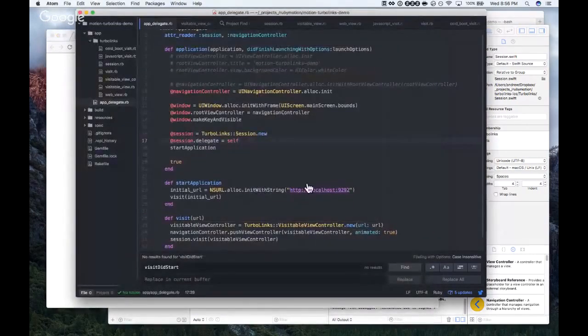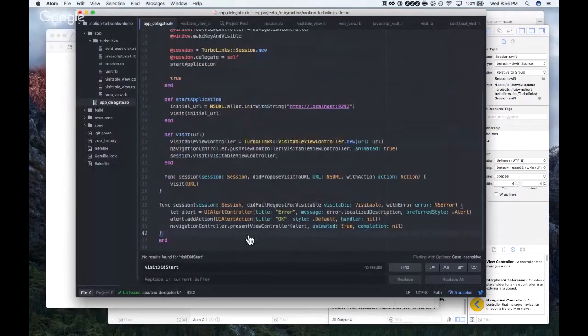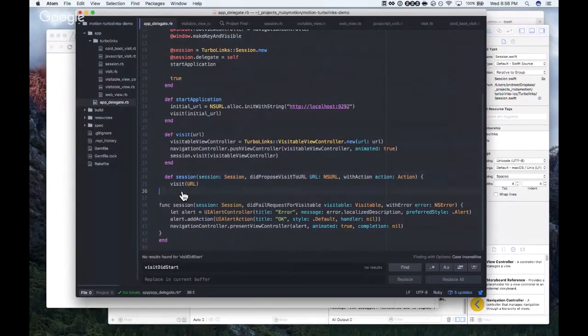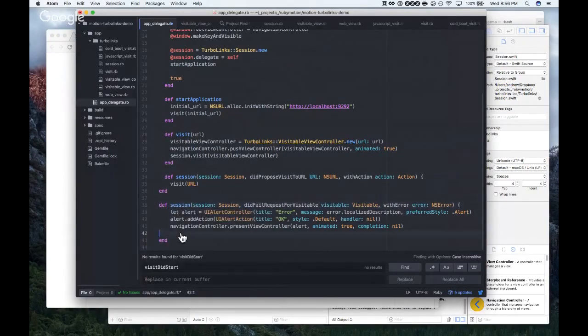So we'll go back to our app delegate here and implement these. This looks an awful lot like that one, but I think that's okay.